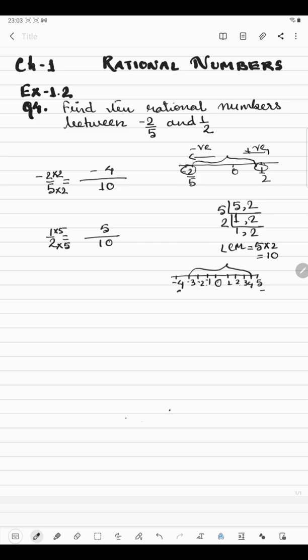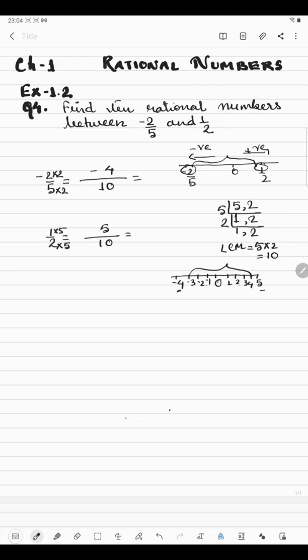But we need to find 10 rational numbers. So what do we have to do? We have to multiply further. See, here we have multiplied by 2 with the numerator and denominator, and here we have multiplied by the same number, which is 5. So we have got this. So this is called an equivalent fraction. Now for our need, we will have to multiply further to get the next equivalent fraction. So here it can be multiplied by 2 or 3, 4, your wish.